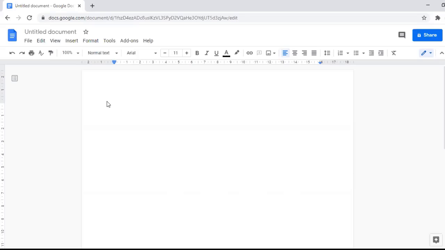What is a Google document, or what is the definition of the Google document? Before going to the definition, I want you to know what the term document means. I consider a document as a written piece of matter that consists of some information.